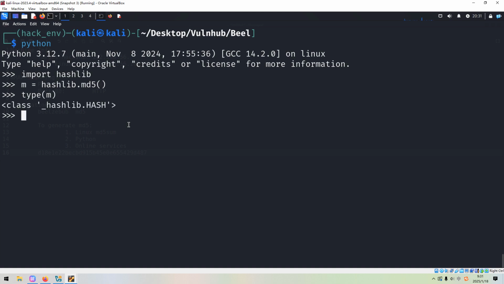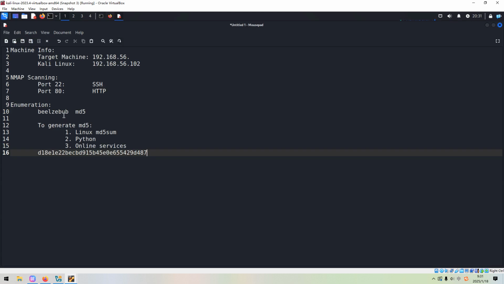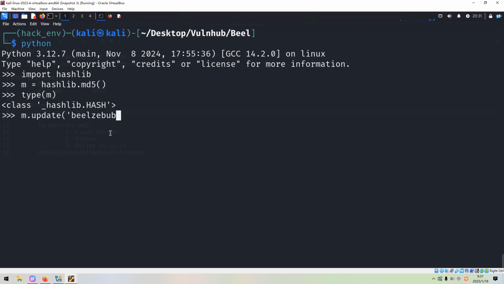Of course, you can type out this object. This is some sort of class. Of course, today I will not go into details of object oriented programming techniques. And next we can update. But if we're using Python 3, the string should be encoded first, and then can be passed to the update method. So now we can copy the string here, and we need to encode